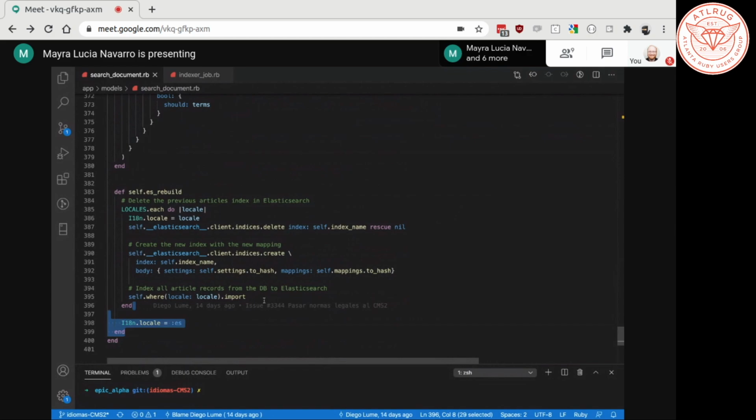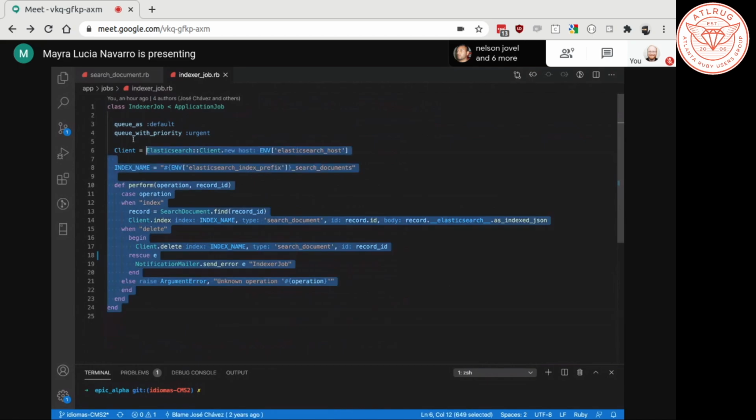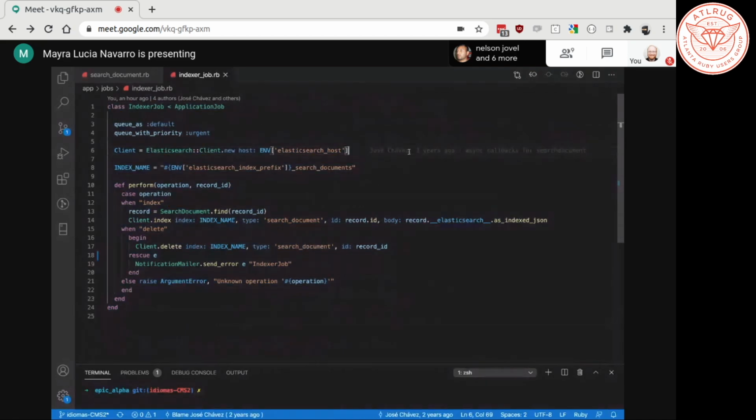That is a little bit different from what I presented before, because that was just an example. And then I wanted to show you also how a job is defined for Elasticsearch. Here we have what we call the Elasticsearch client.